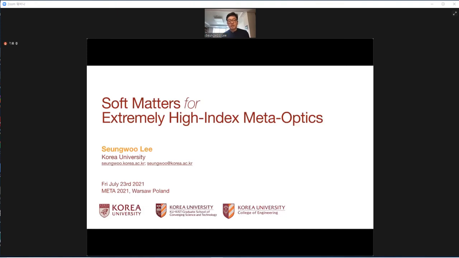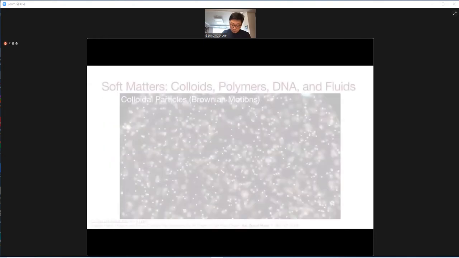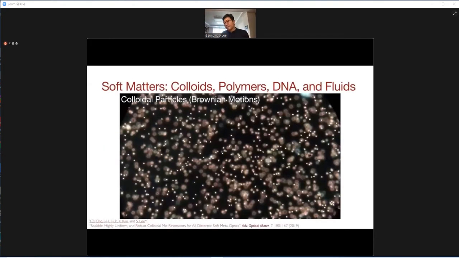That's the extremely high refractive index metamaterial. So particularly, I'm going to use the soft matter rather than conventional lithography approach for achieving this optical metamaterial. Okay, so to start, let me introduce what soft matter is, because many of you in here might not be so